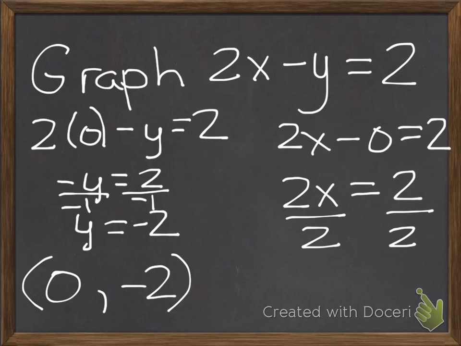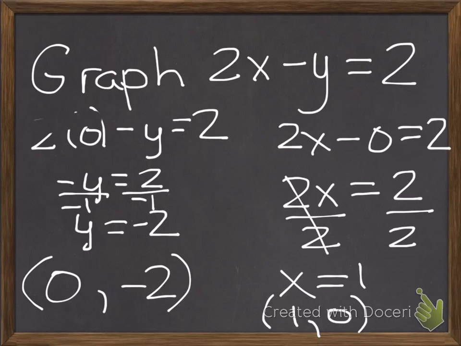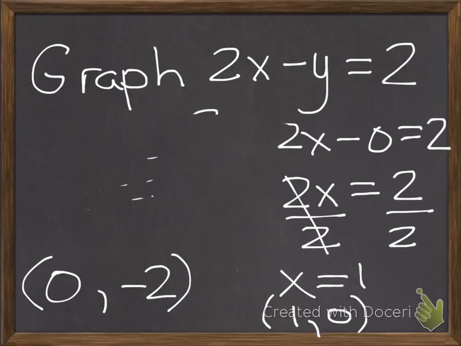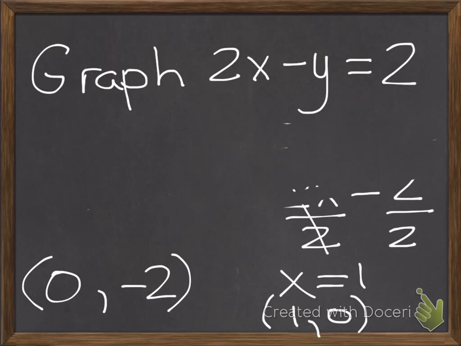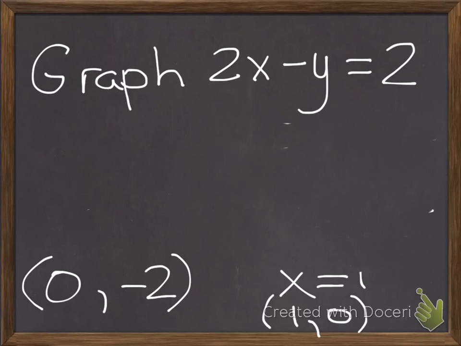I divide by 2 on both sides to get x equals 1, and the ordered pair then would be 1, 0. So what I'd do is I'd plot both of these ordered pairs on a graph. And they will provide the graphs for you on the quiz. You would just need to plot these 2 points. So if I were to plot these points on the graph,